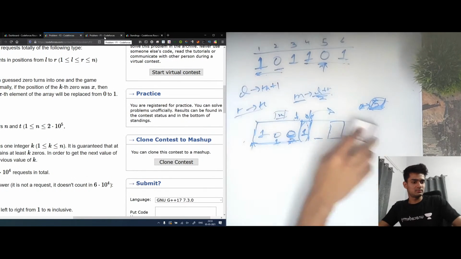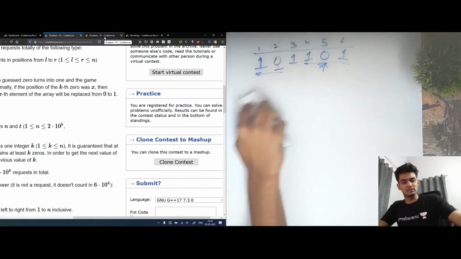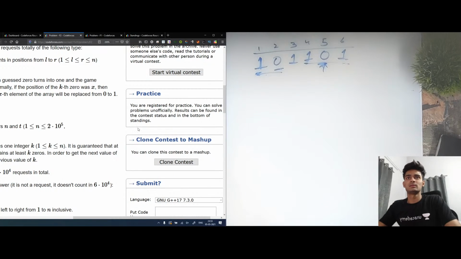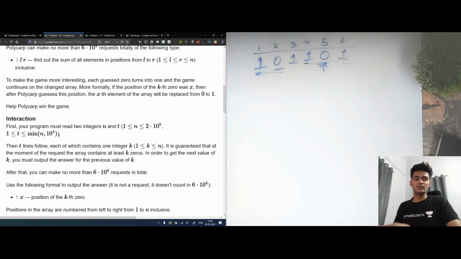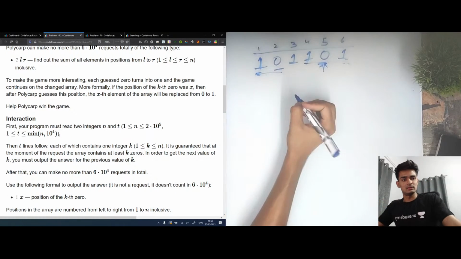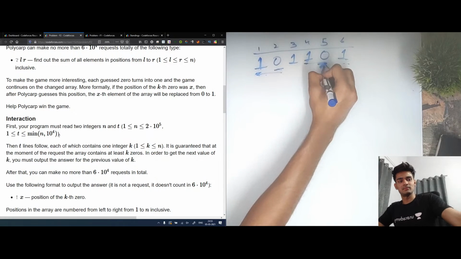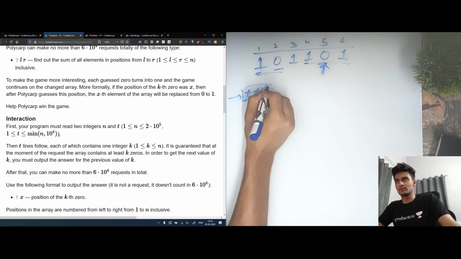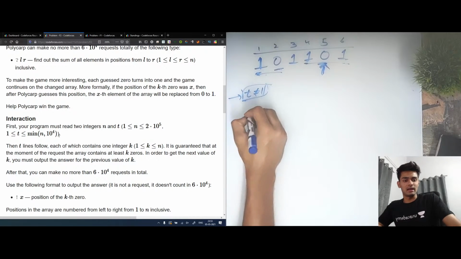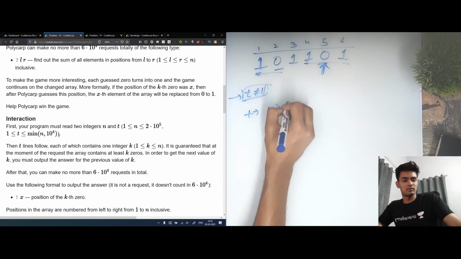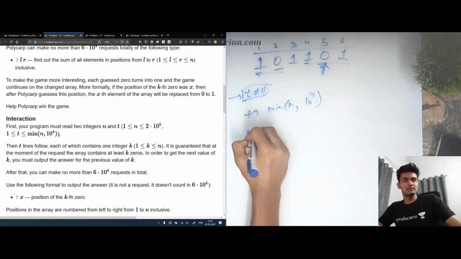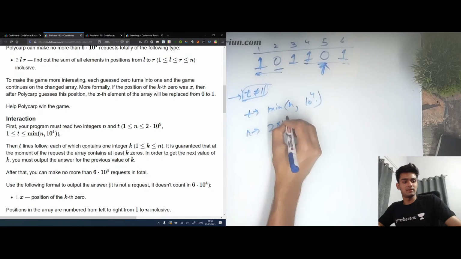Okay, the hard part is a little interesting, so I'll just show how and why it is interesting first. Basically, what they have done in the hard part is that, in this particular index only, they said that now t is not equal to 1, it can be anything. And t is actually the minimum of n or 10 to the power 4, and n is actually 2 times 10 to the power 5.